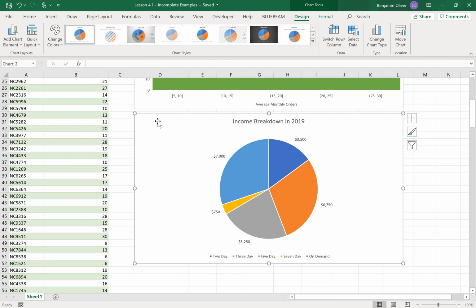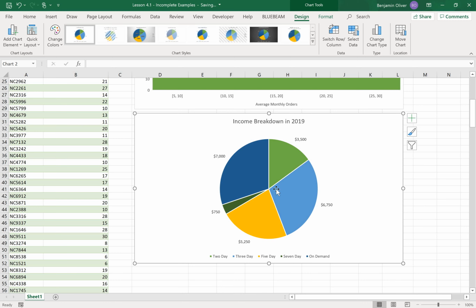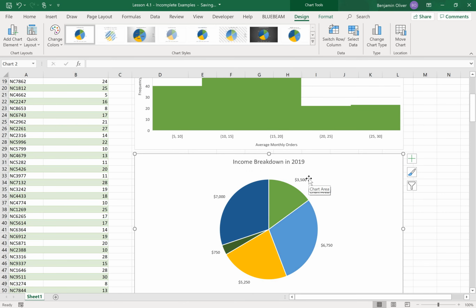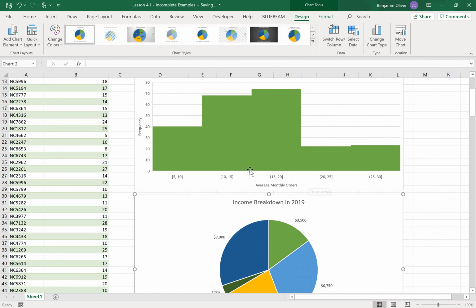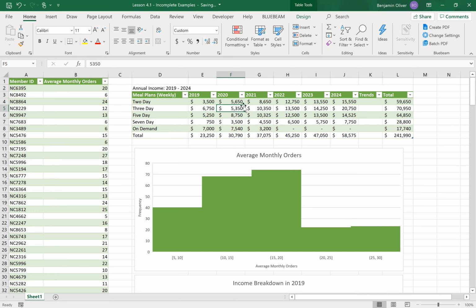The last item I'm going to do before we move to the next piece is I'm going to change the colors yet again, okay, to something similar in color to what we have. Keep in mind that I have to use different colors here in order to differentiate them. So with a couple clicks in Excel, we've now created a pie chart, okay? The next item I want to do is I want to show you